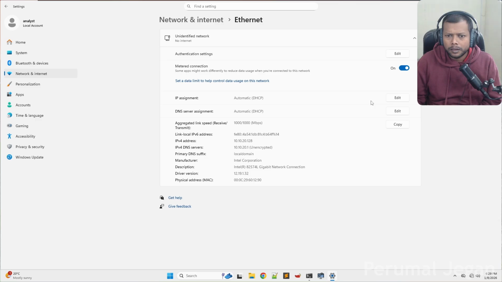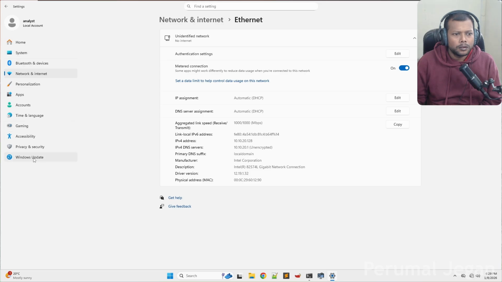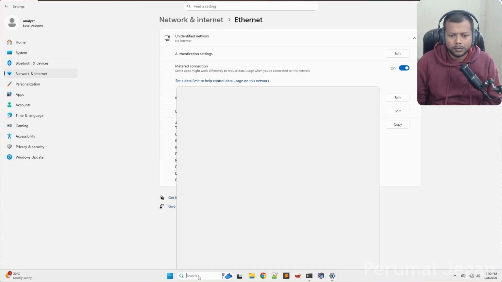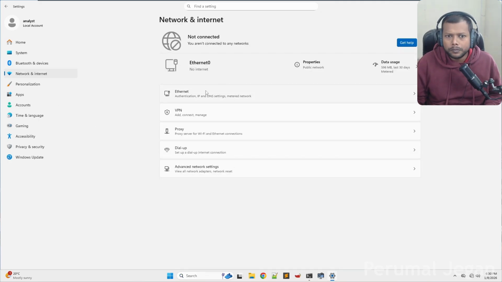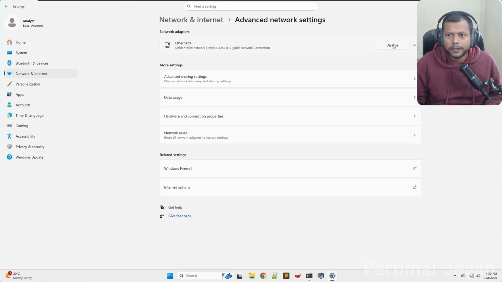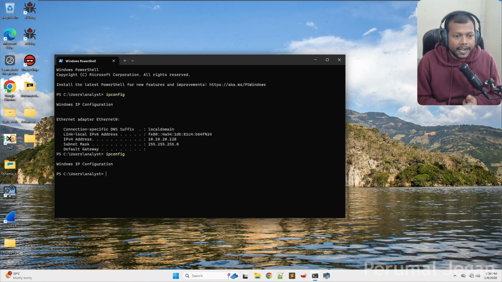Ethernet. How to disable the network adapter? Yes, here it is. Okay, now I have disabled the network adapter because even if I trigger this sample accidentally,